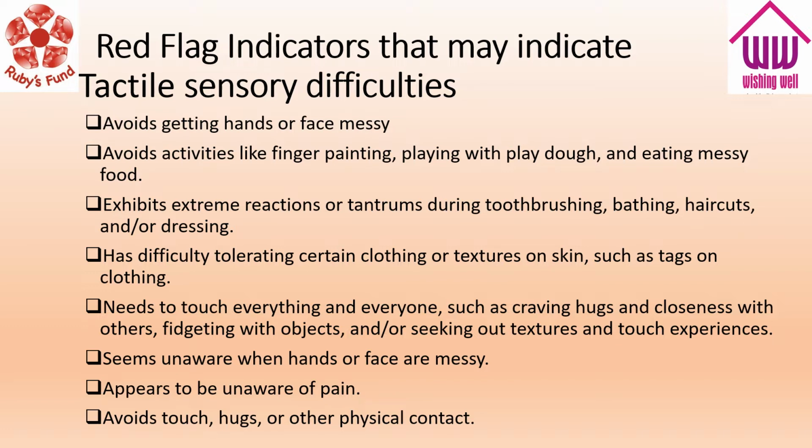To recap on the tactile sensory system, I have put together some red flag indicators to help you assess if your child has some difficulties in this area. So first of all, if they avoid getting hands or face messy, if they avoid activities like finger painting or playing with Play-Doh or eating messy food, if they have extreme reactions or tantrums during toothbrushing, bathing, haircuts, or dressing,